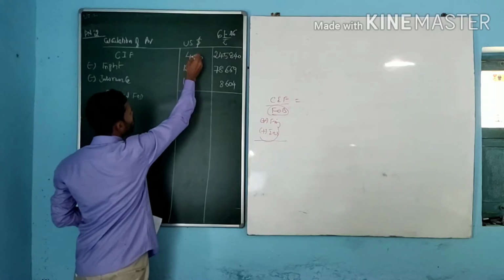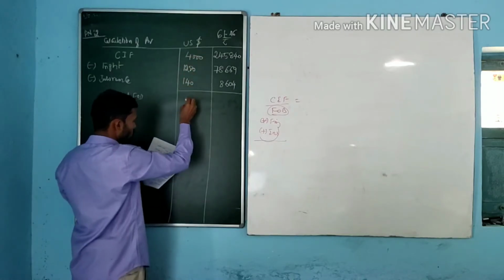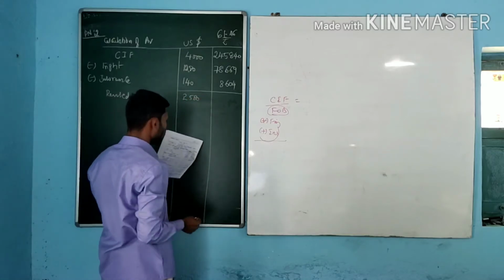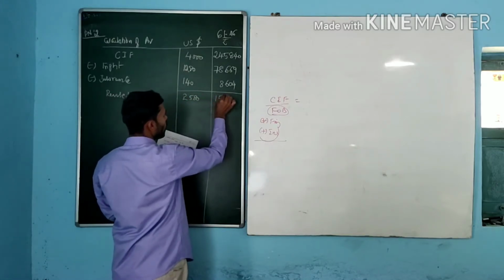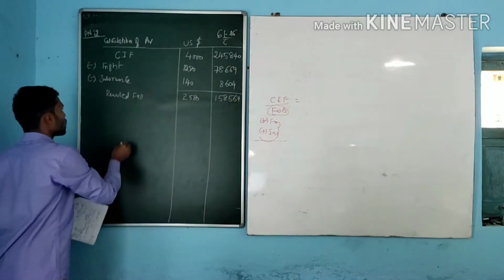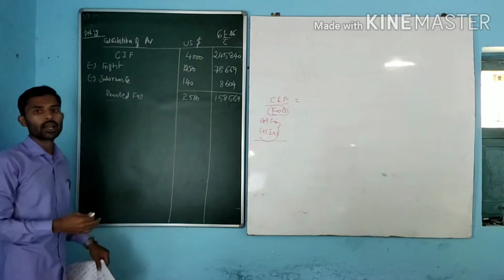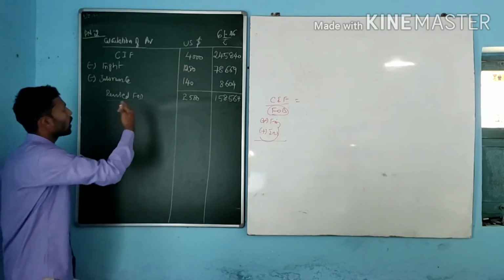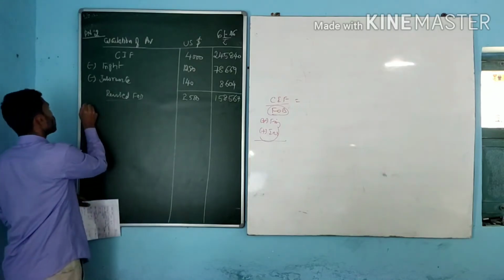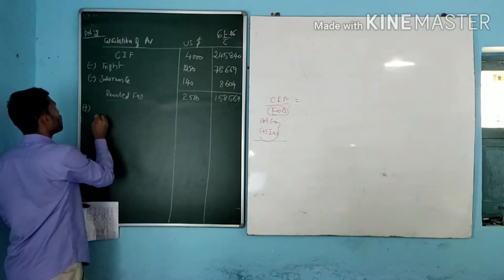CIF value minus these two, that is 2,580 converted to Indian rupees, 1,58,567. Right, this is the revised FOB. From this we can do the normal calculation of CIF value, assessable value or transaction value. For this, add freight.